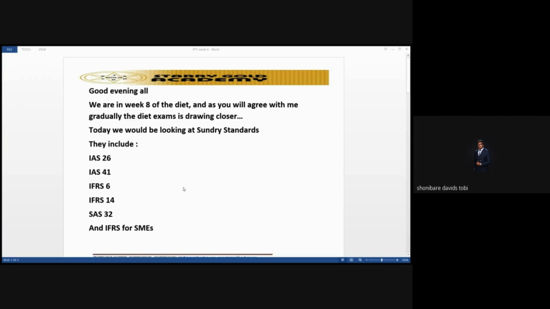So I was saying that any cost that you have incurred that is related to that biological asset, and they are measured at fair value, is recognized as an expense when you incur it. Let's say, for example, the cost you have incurred in bringing a particular farm product to where you are going to sell it, you are going to expense it, even though you recognize that biological asset at fair value less cost to sell. At the same time, you still need to expense those costs, other than the cost to purchase the biological asset.